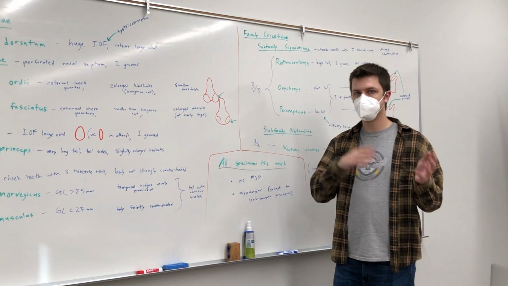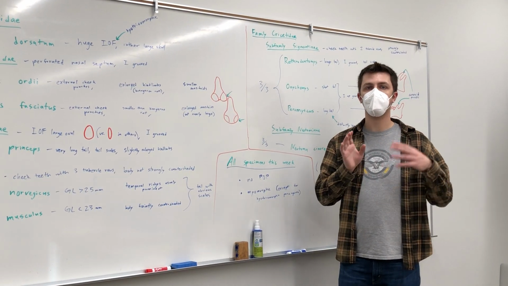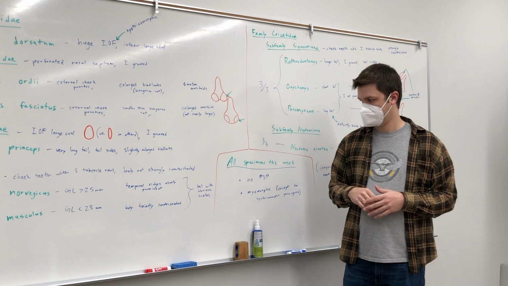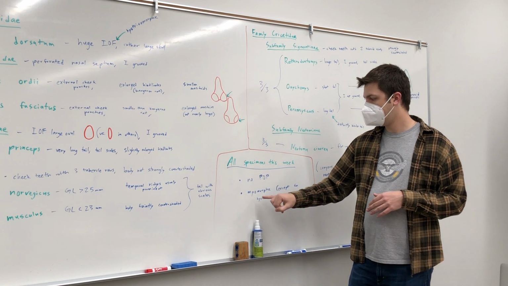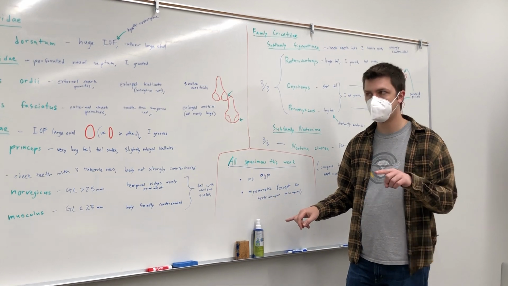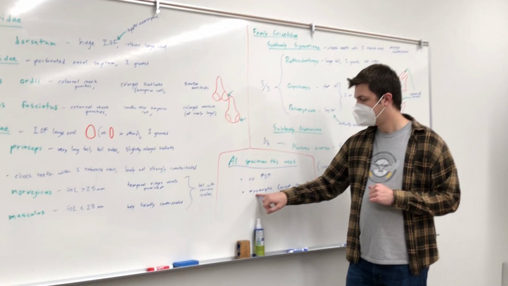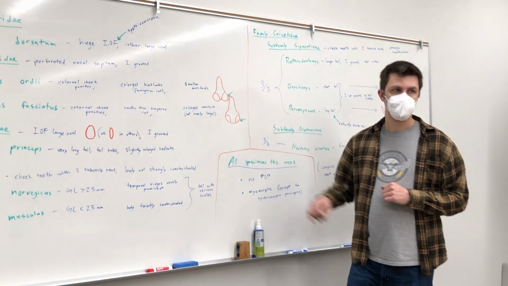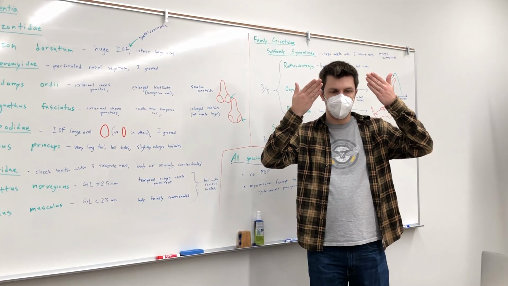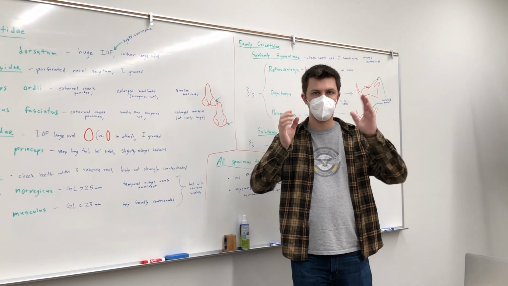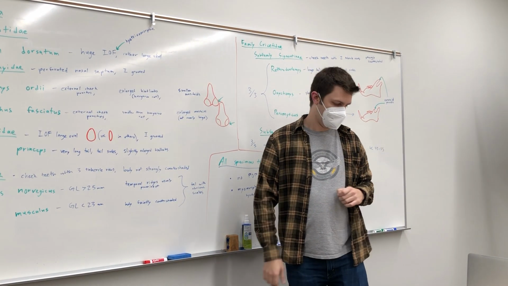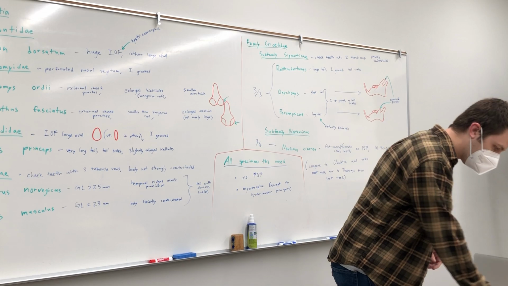Last week was the squirrels and the beaver and the pocket gopher. All of those were sciuromorphic. This week, everything we're looking at, except the porcupine, which I'll talk about in a second, is myomorphic. So sciuromorphic, you may remember, means that there's this kind of flat plate without big holes. By contrast, myomorphic